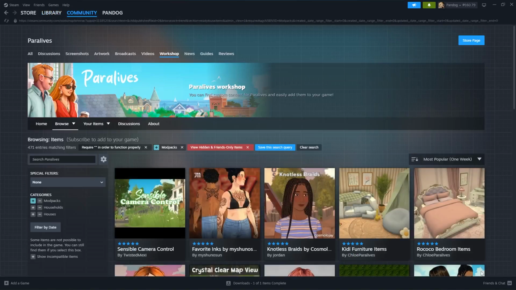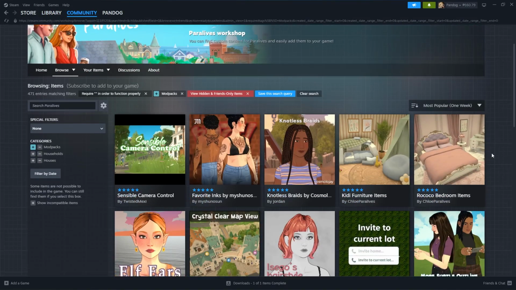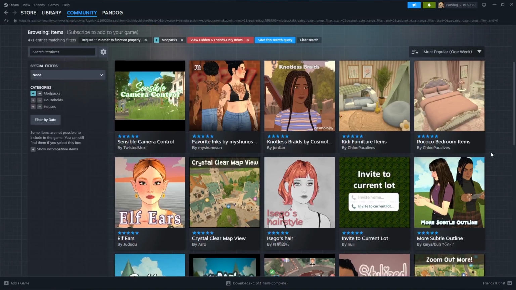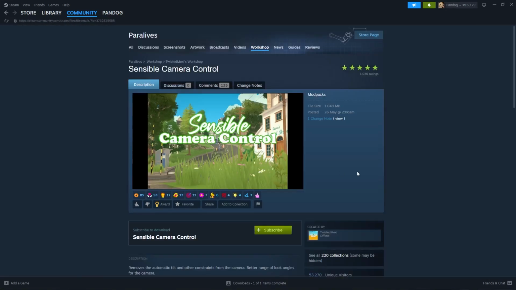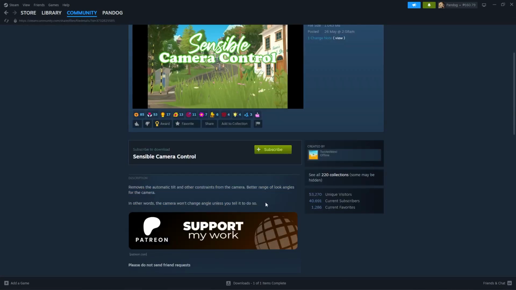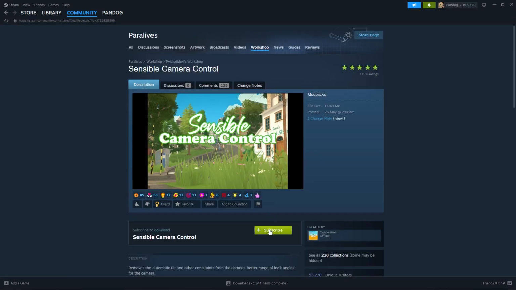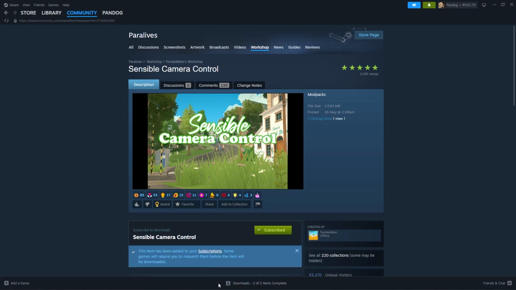Doing this will open the Steam Workshop page for Paralives, where you can browse through a wide variety of available mods for the game. To view more details about a specific mod, simply click on it to open its page. If you find one you like, press the subscribe button and Steam will automatically download and install the mod for